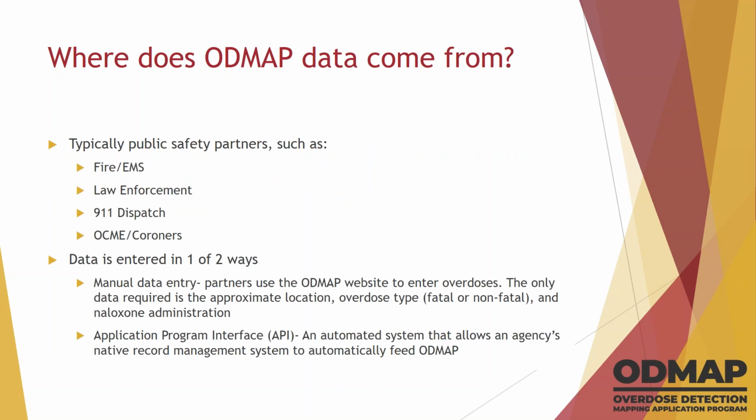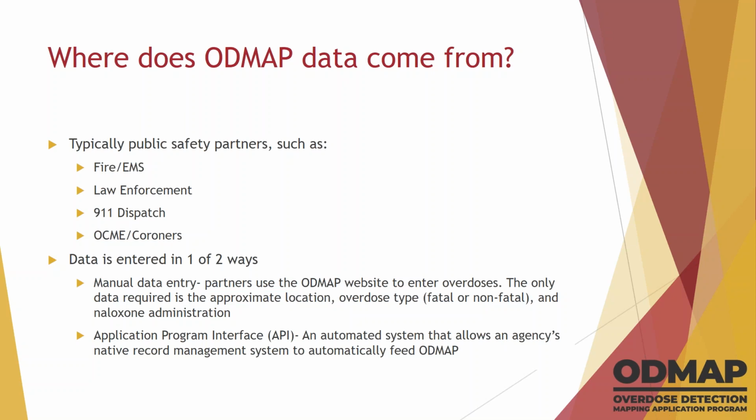So where does this data come from? Typically, it comes from public safety partners, and depending on the jurisdiction, this may be fire EMS, law enforcement, 911 dispatch, or OCME and coroners. And the data gets into ODMAP in one of two ways. So there's a manual data entry system. We call this level 1, and the data is entered directly into our